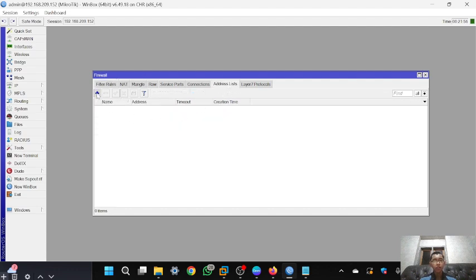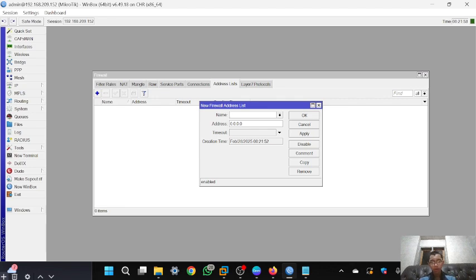You can add, you can configure the name wherever you want, and the address is the IP of virtual PC1, because I want virtual PC1 until virtual PC3 to access the MikroTik.